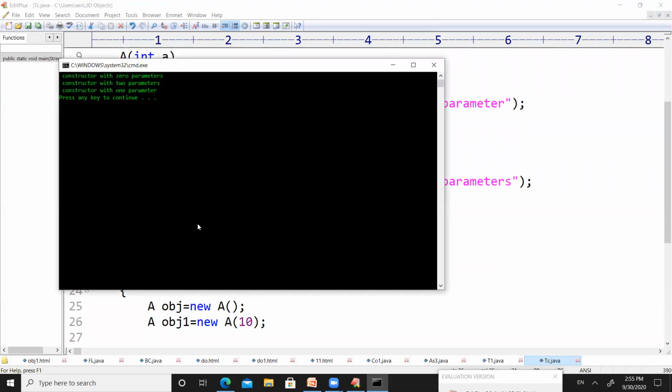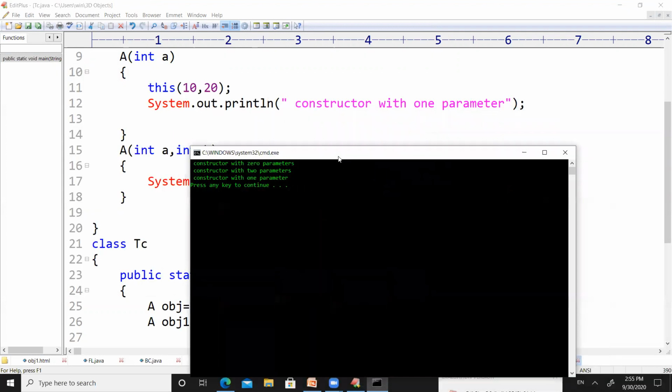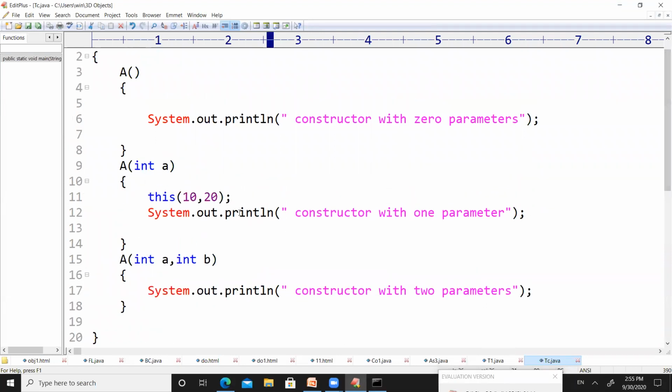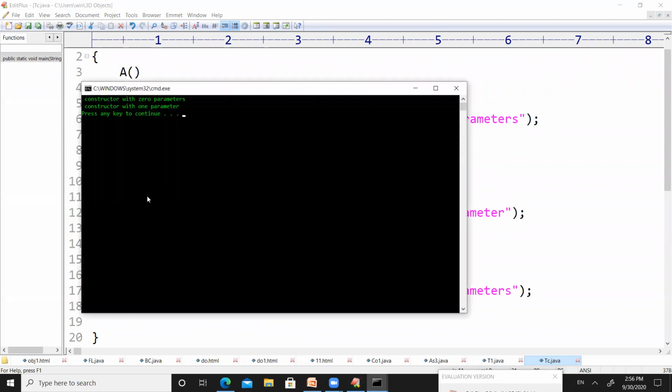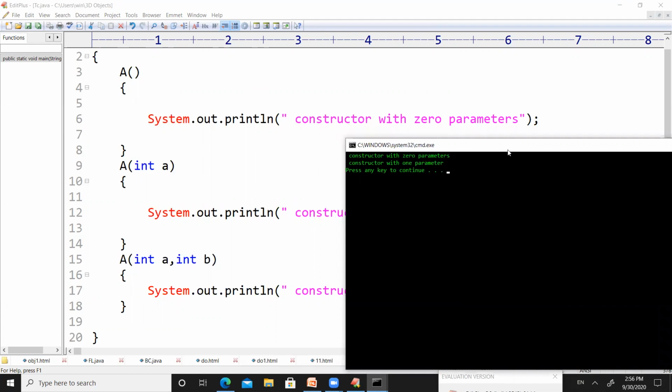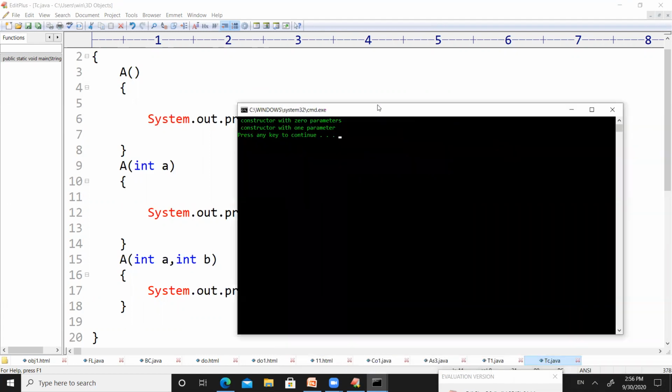If you observe, it has printed constructor with 0 parameters, constructor with 2 parameters, and constructor with 1 parameter. This is because we have used a this keyword inside the second constructor. The this keyword will execute the current class constructor, in this case the constructor which takes two integer values as parameters. If I delete this particular statement in the program and re-execute the code by compiling and then running, we get the desired output now. A constructor with 0 parameters and a constructor with 1 parameter have been printed.